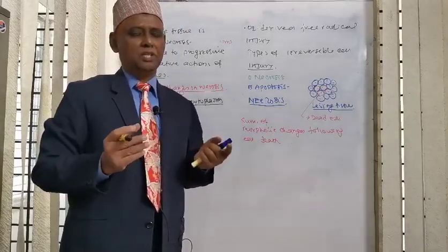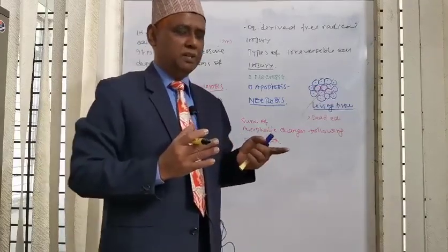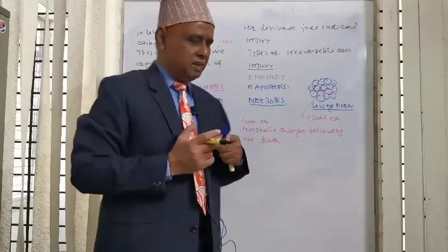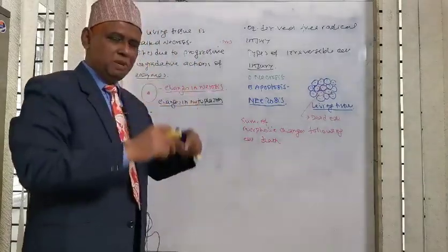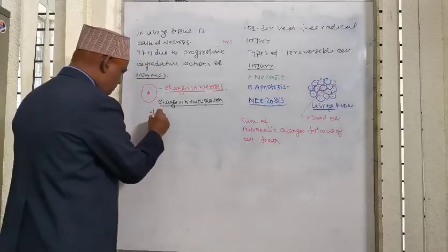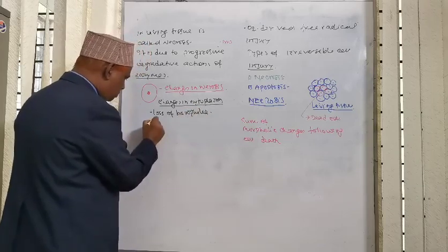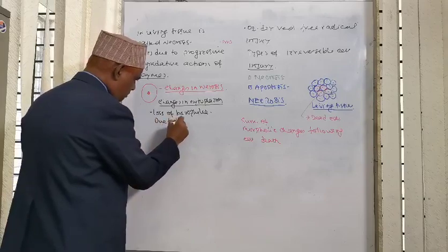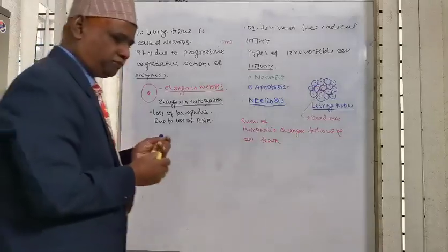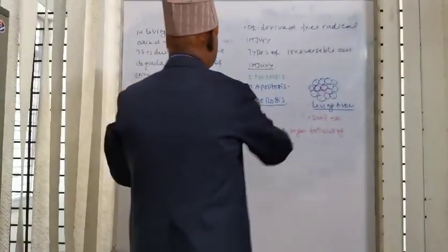You know, in the cytoplasm of a normal cell, some portion is basophilic, some portion is eosinophilic, and basophilia is due to RNA. In necrosis, RNA is depleted, so there is loss of basophilia. The loss of basophilia is due to loss of cytoplasmic RNA, because RNA is associated with basophilia. In necrosis, the RNA undergoes destruction.